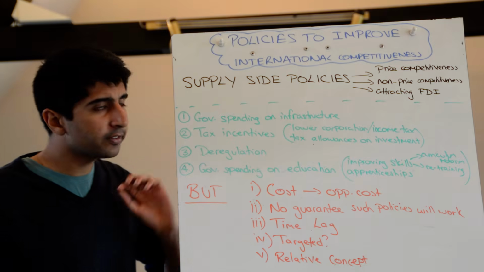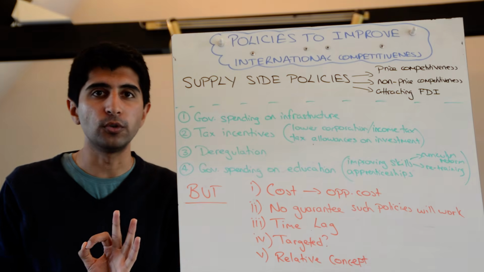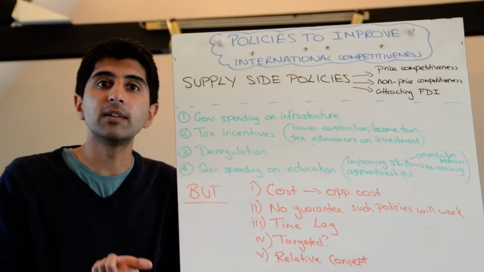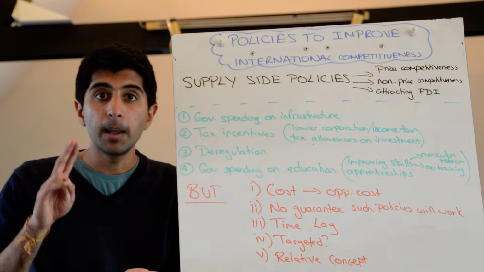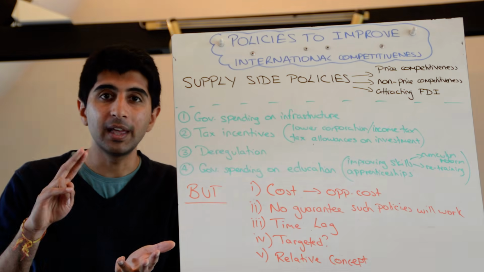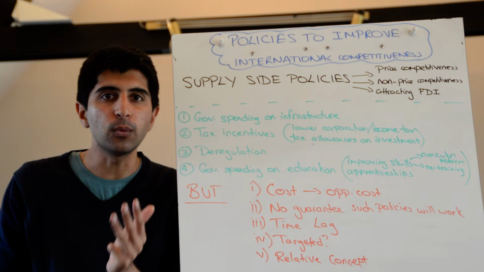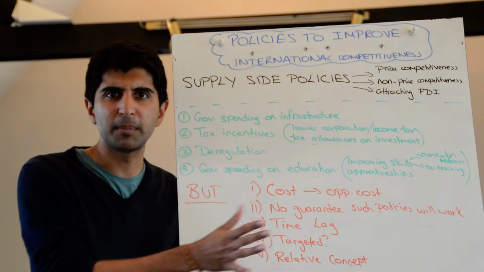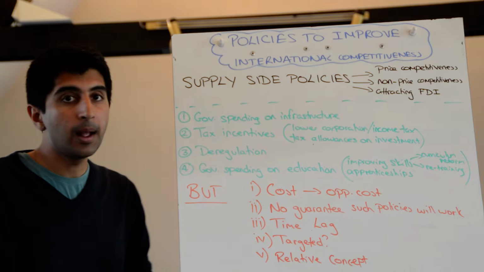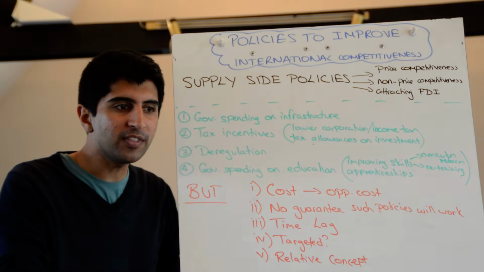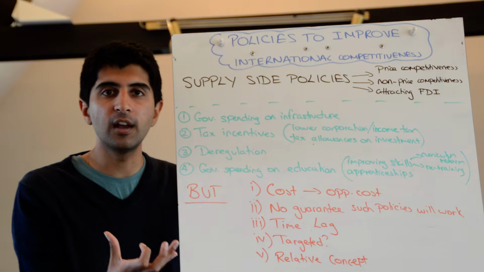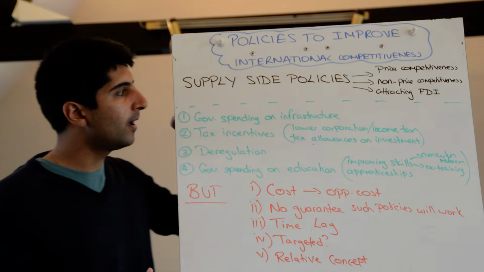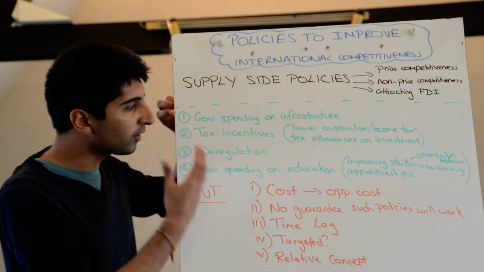When we talk about supply-side policies, remember the buzzwords that we use. Efficiency, productive efficiency being more specific. Productivity, we use a lot of the time. Incentives, these kind of key words. Remember, trying to make life epic? That makes no sense. Go and watch my previous video on supply-side policies. But these buzzwords are key, just to prove to the examiner that you know the ins and outs of how supply-side policies work. Right, let's go through these kind of big policies here.